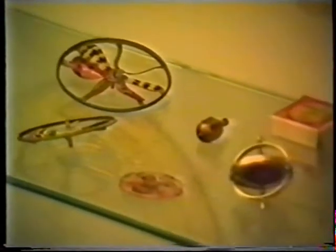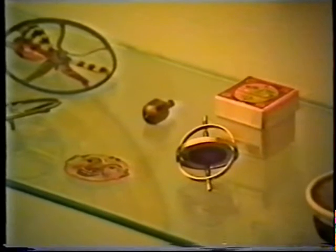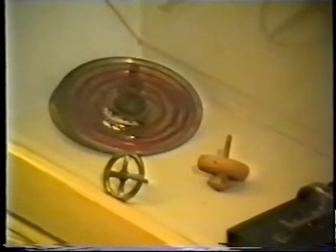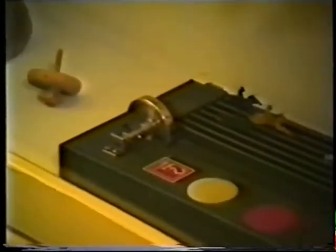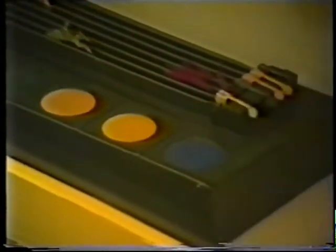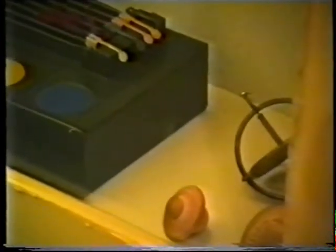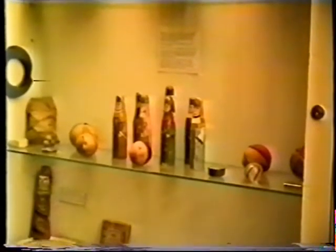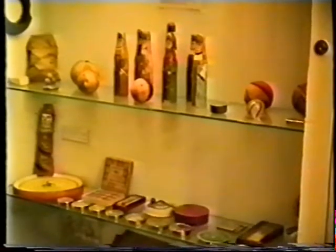These butterfly tops were made by Märklin. A funny game working with gyro and ball bearings made by Günthermann in the 1930s. Bagatelle boards of French and Swedish manufacture. And a Russian game of wood, hand-painted wood,